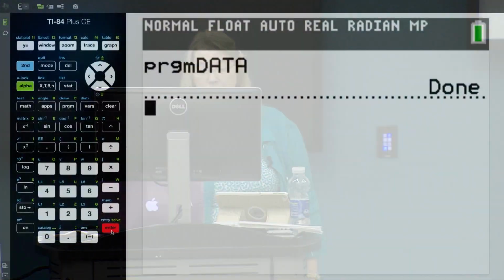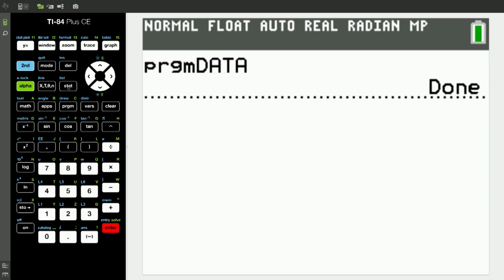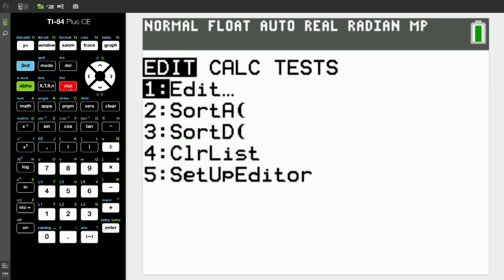We're now going to go play with the data for just a minute. To show you where the data is, do you see the STAT button that's 2 to the right of the green alpha? STAT, which probably stands for, isn't that beautiful the way that works? So when we push stat, we get edit, we get calc, and we get test. What do you think calc is? That would be calculating. That's where you would go calculate 1 variable stats, 2 variable stats, whatever we're going to deal with. Edit is where we're going to look at the list.